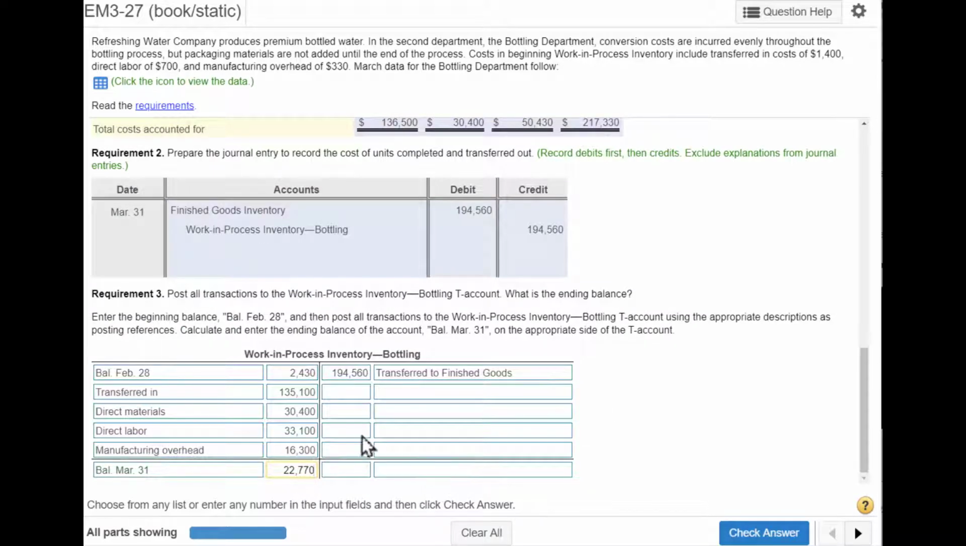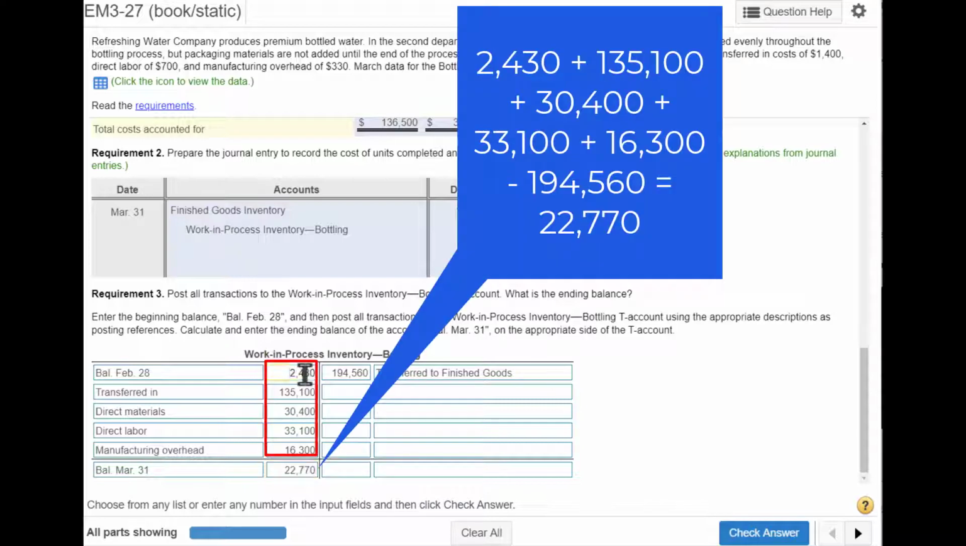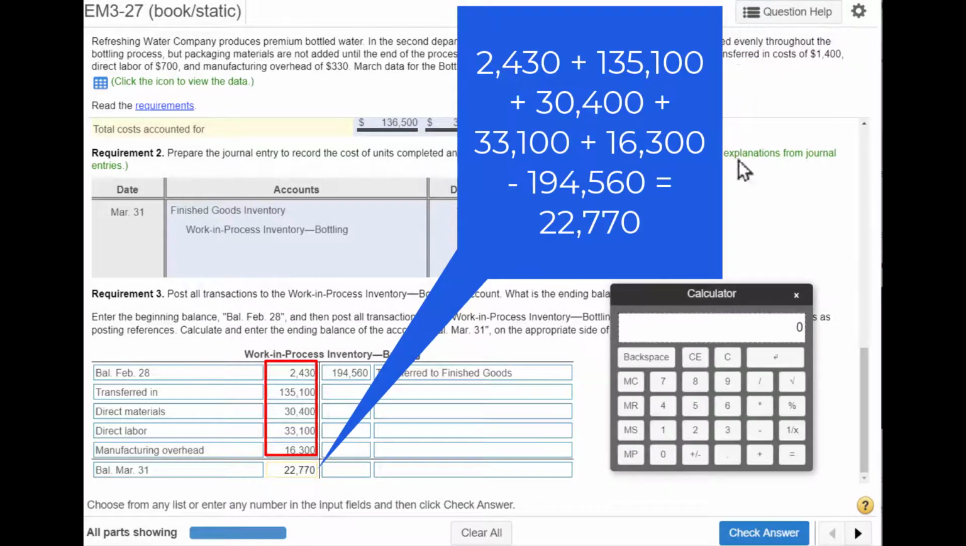And now we should do the math. We should add up these, subtract these, subtract this, and we should get this number. So let's see if my math works out. 2430 plus 135,100 plus